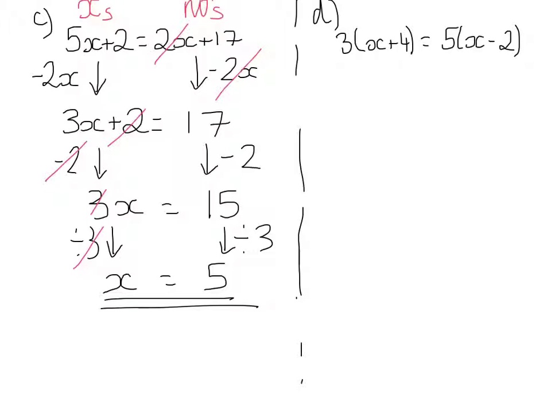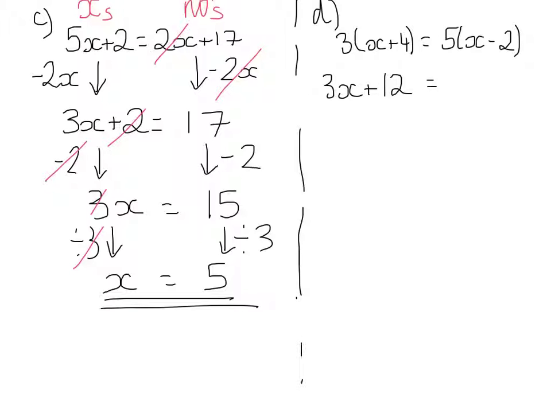Final question then, D. A little bit harder again, in that before we start solving this, we're going to have to expand both sets of brackets. So, expanding this side first, I'm multiplying everything inside by positive 3. So that's just going to give me 3x plus 3 times 4 is 12